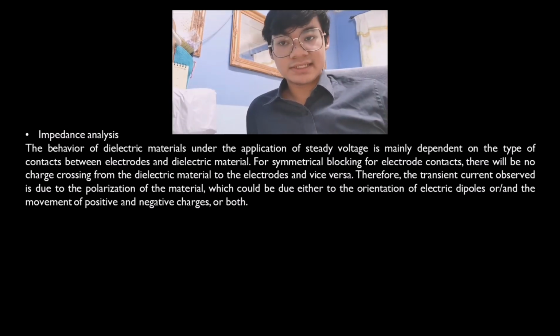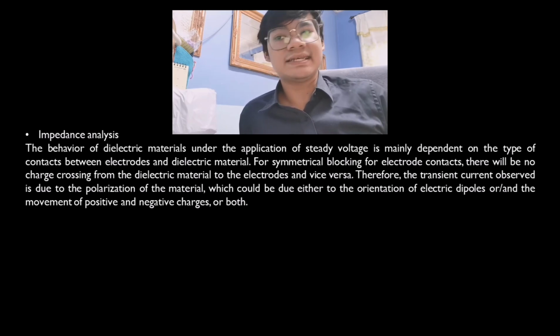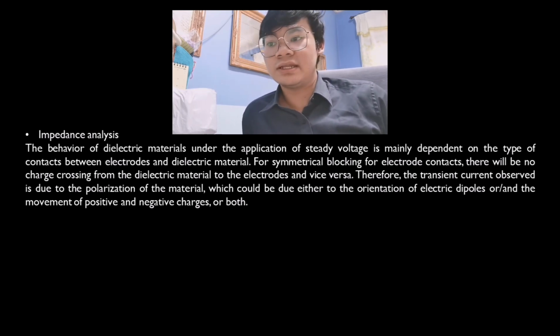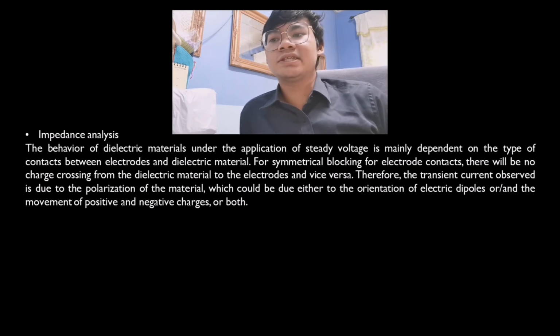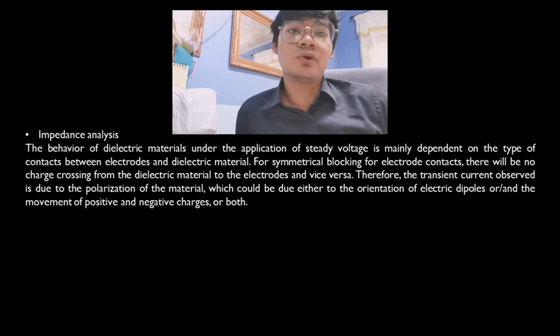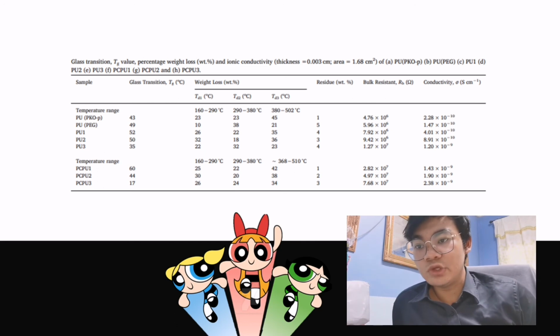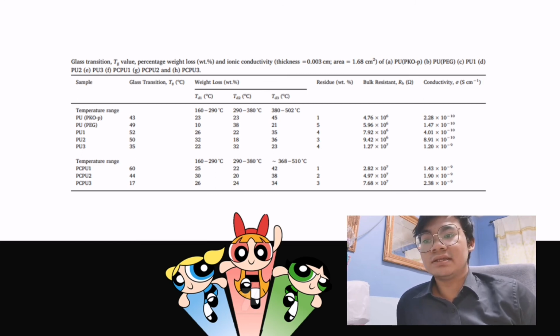Therefore, the transient current observed is due to the polarization of the material, which could be due either to the orientation of electric dipoles, or the movement of positive and negative charges, or both. The ionic conductivity can be calculated using the equation sigma equals t over Rb times A, where sigma is the ionic conductivity,